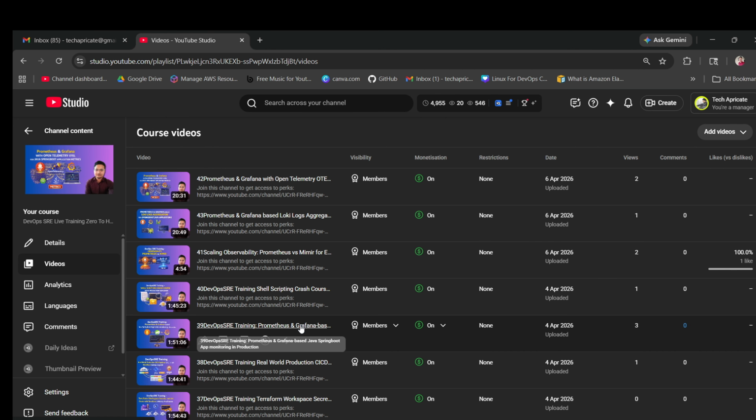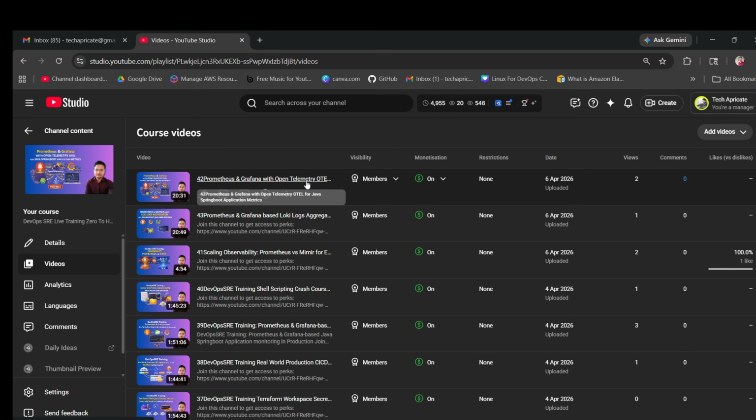using Prometheus and Grafana. This is where I've used the standard solution. But here I'm using Hotel as well. So I'm trying to cover all the different use cases that I have experienced myself, so that you are able to understand how these tools actually work in real time, and how you can explain that in the interview. All that stuff I'm trying to cover in these videos. So these videos are going to help you immensely to understand how we can explain it in the interview